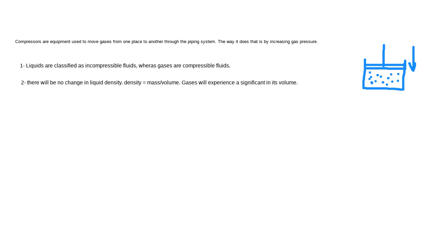And the other thing that is very important to notice when it comes to differences between liquids and gases is that increasing liquid pressure, okay, will not change its temperature. عملية pumping or increasing liquid pressure will almost make no change in liquid temperature. ففي السكشن والdischarge يا اخوان لو كان عندنا مثلا during normal operation, if the pump is running within the normal operating range,